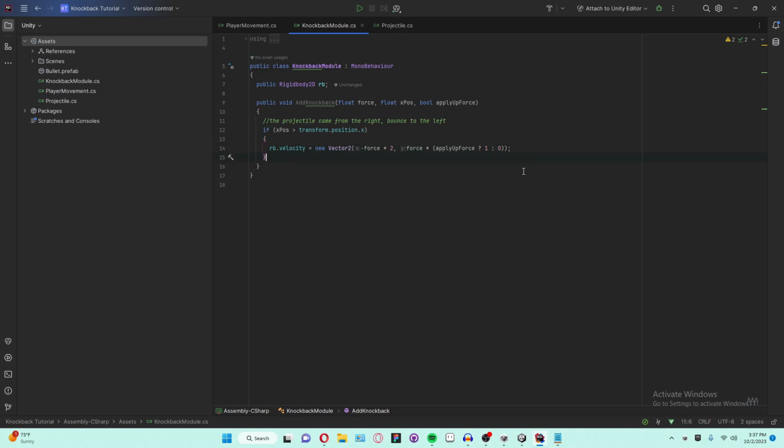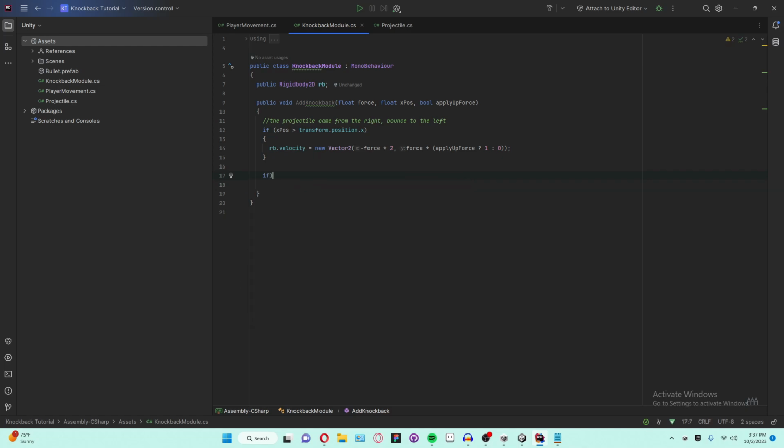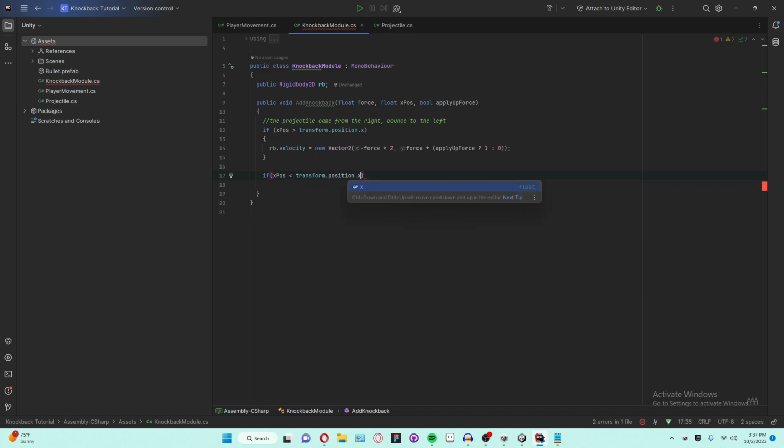Now, this other if statement I'm doing, you can do this in an else, you can do this in an else if, or not really because it's just 2 if statements, but I do it in an if because I'm weird and for some reason this makes me feel like the code works a little bit better. But we're going to check if xpos is less than transform.position.x, and then we are going to just copy this line right here,